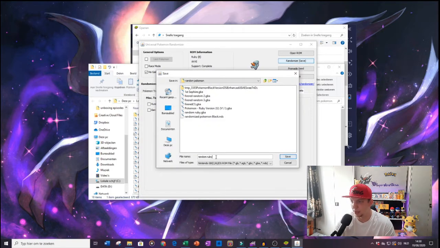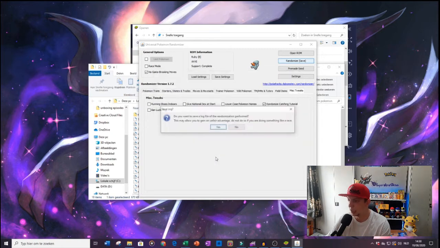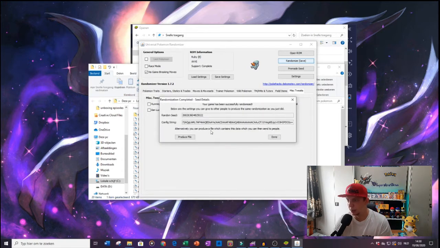Then we name them random Ruby 2, because I already have one. Now, always make a log file, that's no problem. And then you can see the randomized completed details. Just the random seed and the configure string, that's not important. Then you need to click